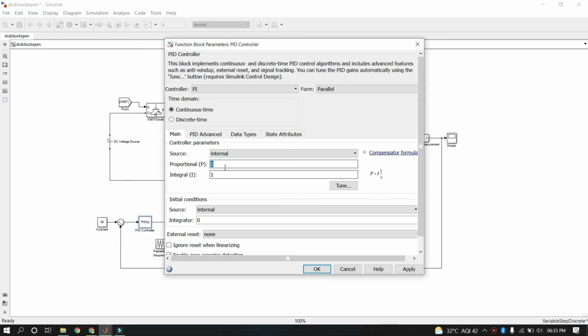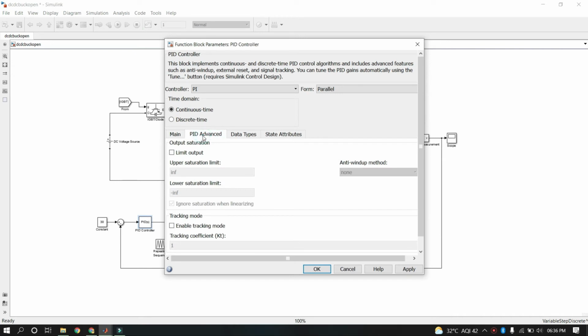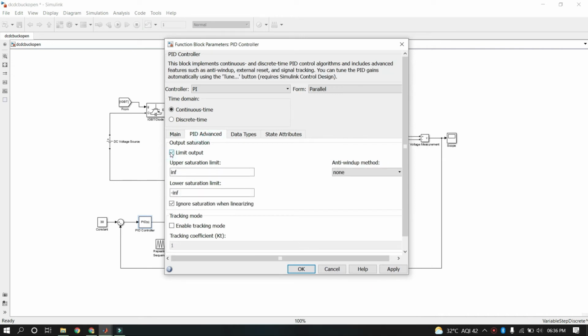Okay, so first of all, in the trial and error method, we will select the random values. We will observe what is my output voltage, and based on the error we will again change the P and I value, and this is basically a continuous process till the error becomes 0. So the best practice is to go on to the PID advanced. We know that our PID's output should be between the 0 and 1 because our duty cycle cannot be more than 1, right? So the lower saturation limit I will keep it 0, and upper saturation will be 1.